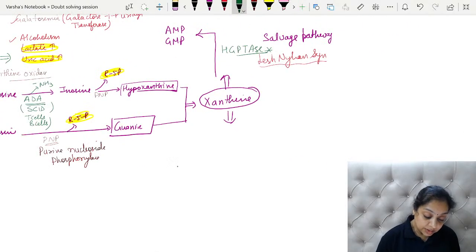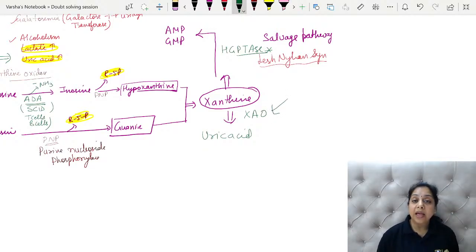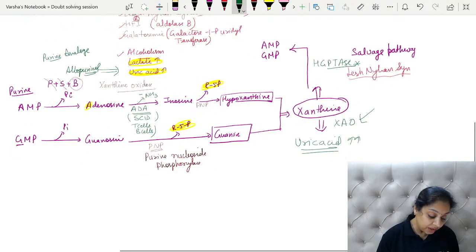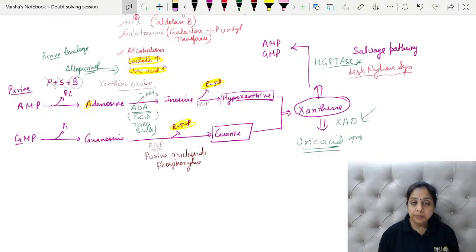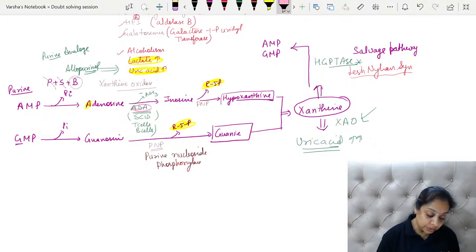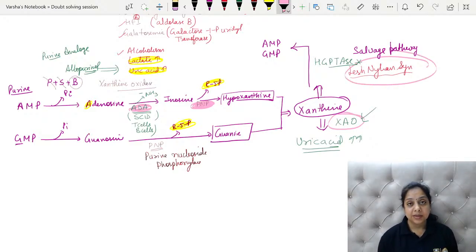What if you break it down? This xanthine can be broken down by xanthine oxidase into uric acid, right? Which is inhibited by allopurinol if the uric acid level really goes up, right? So now in just one page, you know so many things. How to break down the purines, ठीक है? You know ADA is related to the SCID, right? You know PNP, who is removing the phosphate group, ribose sugar, right? And you know the xanthine oxidase, you know Lesch-Nyhan syndrome. Just one pathway, so many things are there,